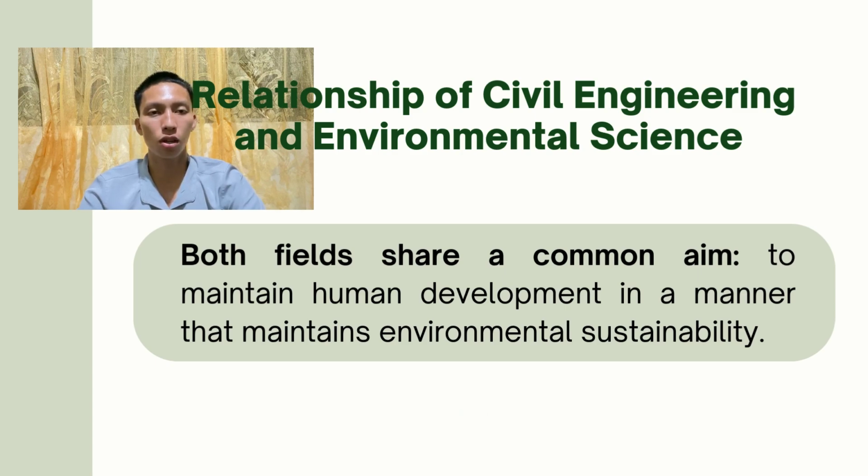Civil engineers use the knowledge that environmental science supplies to ensure that they do not harm the environment with their projects and, whenever possible, add benefit to it. Principles in environmental science are key in the design of wastewater treatment plants, where engineers ensure that the discharged water meets the safety level required by the environment.